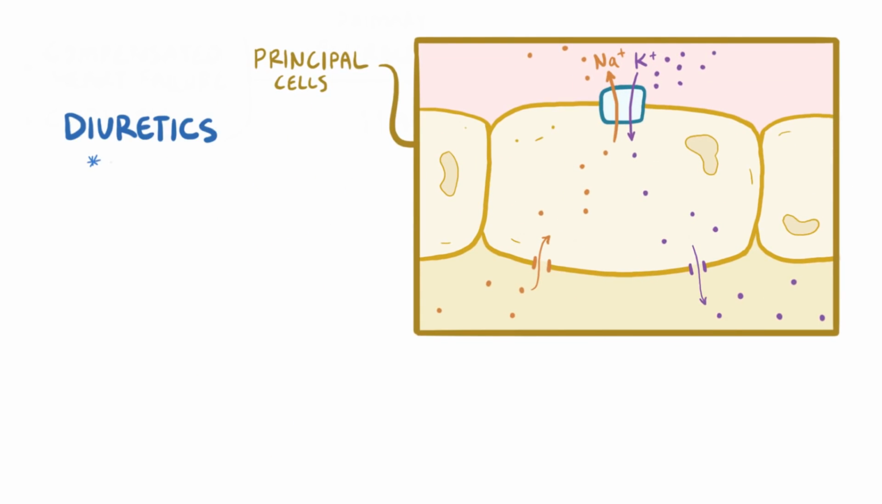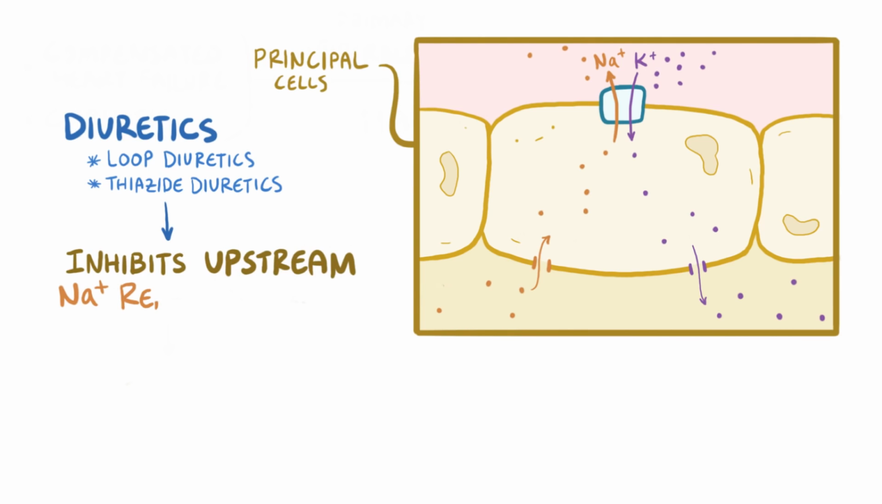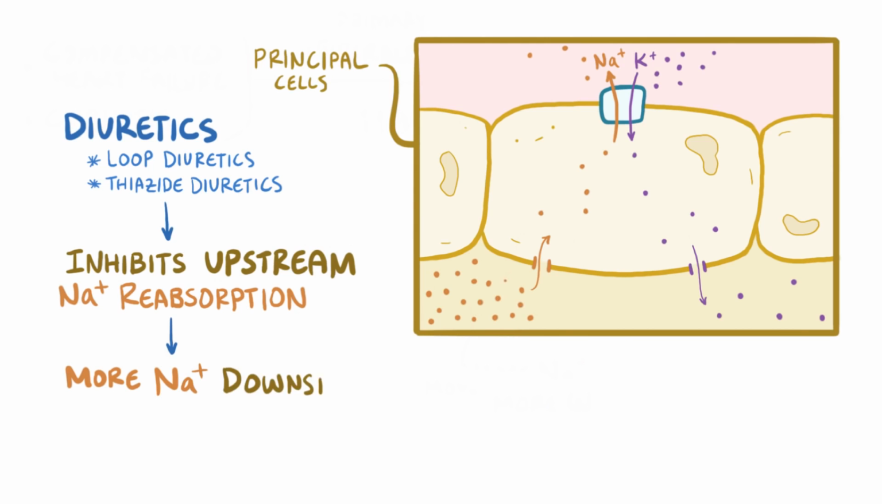Commonly used diuretics like loop diuretics and thiazide diuretics also increase potassium excretion and can lead to hypokalemia. These diuretics inhibit sodium reabsorption upstream of the principal cells, which means more sodium is delivered downstream to the principal cells. As a result, more sodium enters the principal cells and is available for the sodium-potassium pump, which pumps that sodium out into the blood and pumps potassium into the cell,